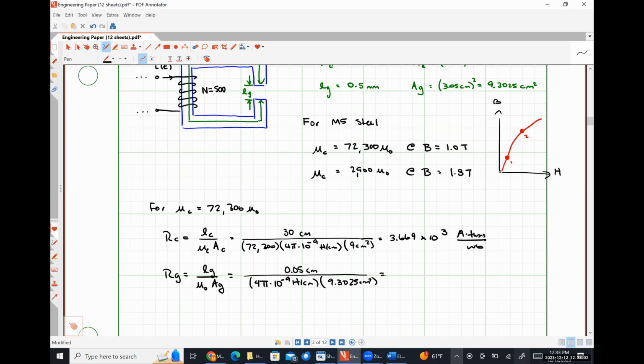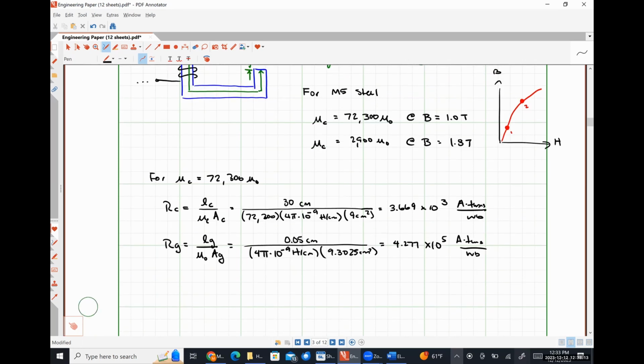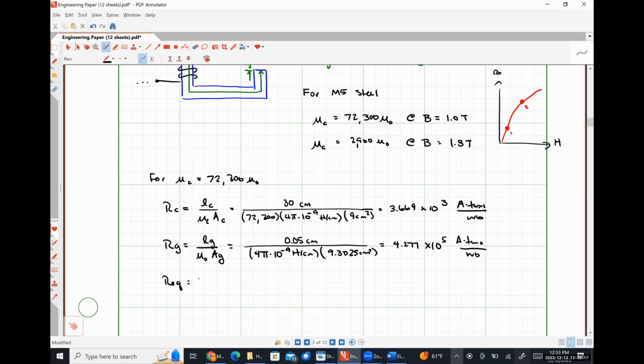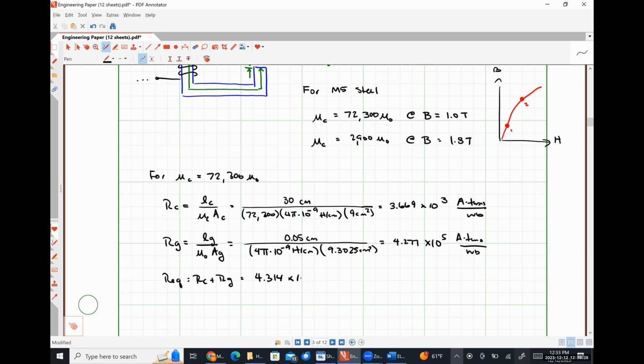So I get 4.277 times 10 to the 5 amp turns per Weber. And then my equivalent reluctance is just my core reluctance plus my gap reluctance, which comes out to be 4.314 times 10 to the 5